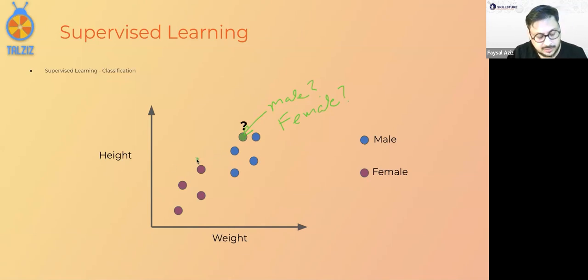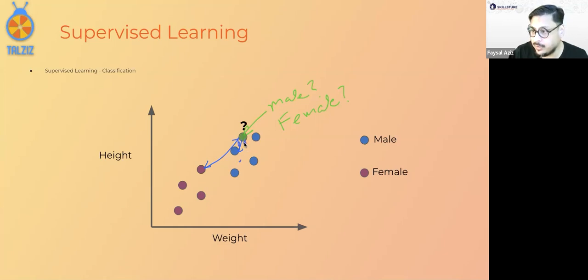Or the spatial distance from here seems to be closer to the blue one. See, the distance is less, where the distance from this is quite high. If you take the average distance from this to every one of the dots, the average distance between this green dot and the blue dots is much less.